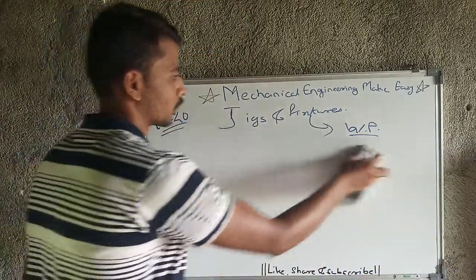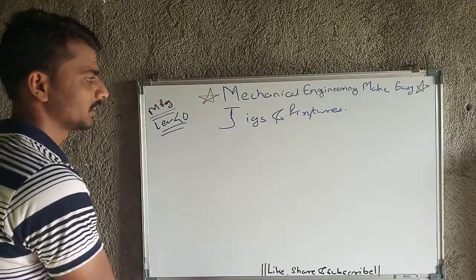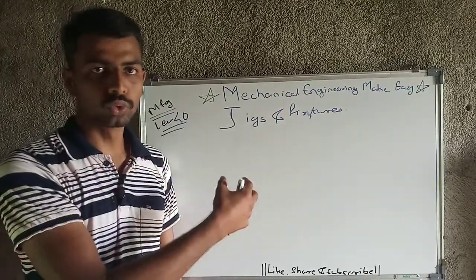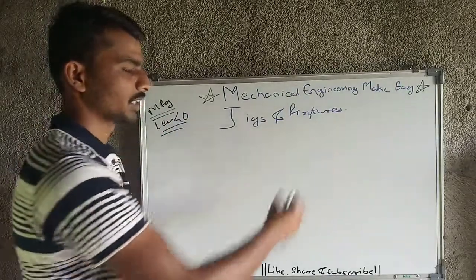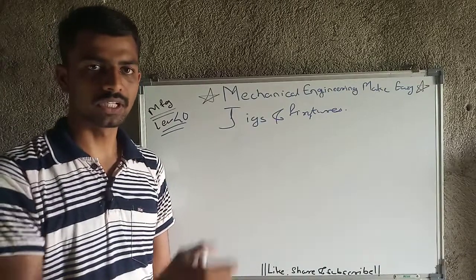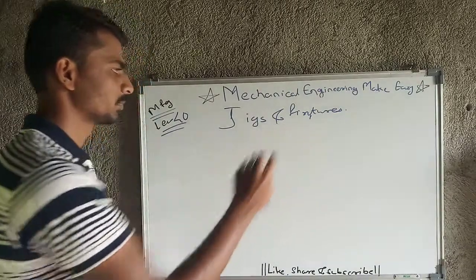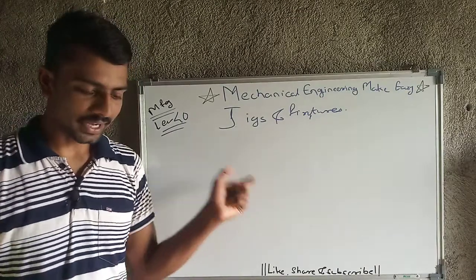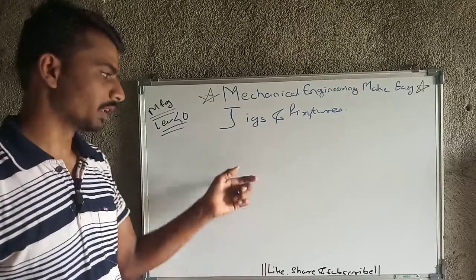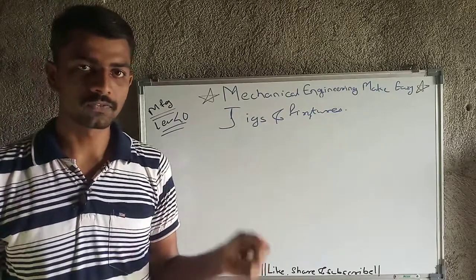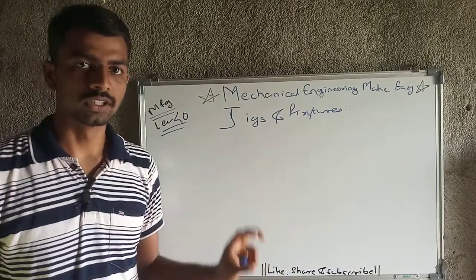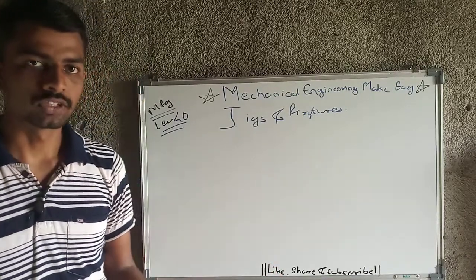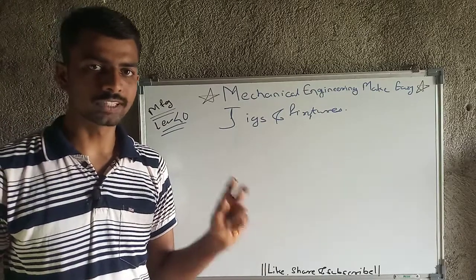Okay, so what is the basic difference? A jig is going to guide and fix and allow the movement of both tool and workpiece, but the fixture is going to allow the movement and fix only the workpiece. This is the basic difference between jigs and fixtures. Then next is providing high clamping rigidity. As we know, for every operation, if the workpiece is not clamped with very high rigidity, then we will not get dimensional accuracy. So that's why high rigidity is very important.